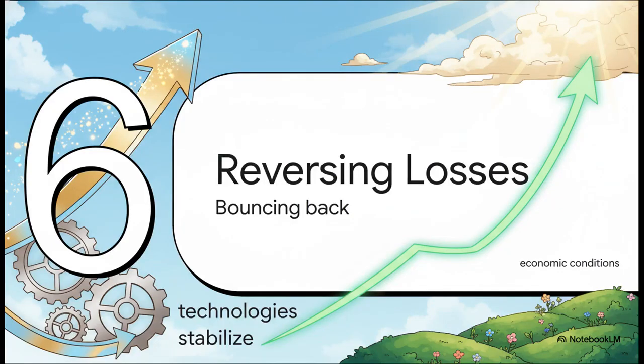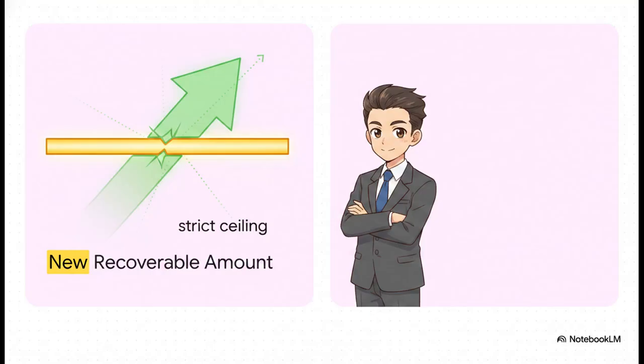And that brings us to our final part, Section 6, reversing impairment losses. So let's say things get better. You actually can reverse a past impairment, but there's a strict ceiling. The maximum reversal is the lower of two things: the new calculated recoverable amount versus what the asset's historical carrying amount would have been if the impairment had never even occurred. You can't just magically inflate the asset's value. You have to pretend the impairment never happened, calculate its normal, depreciated book value for today,